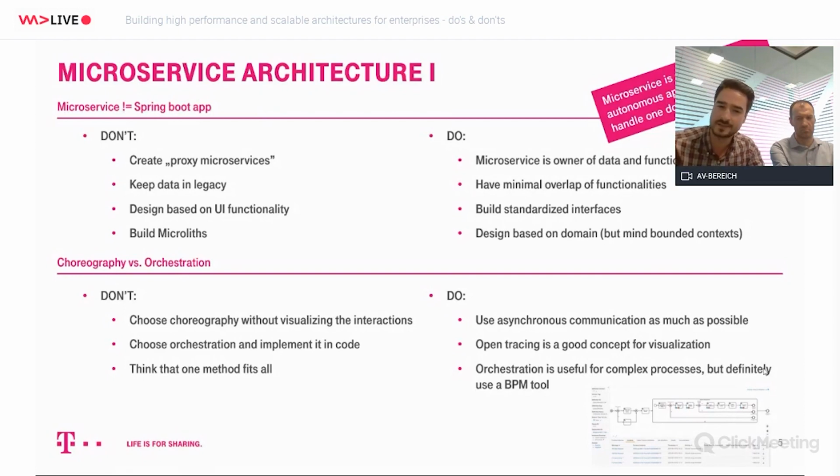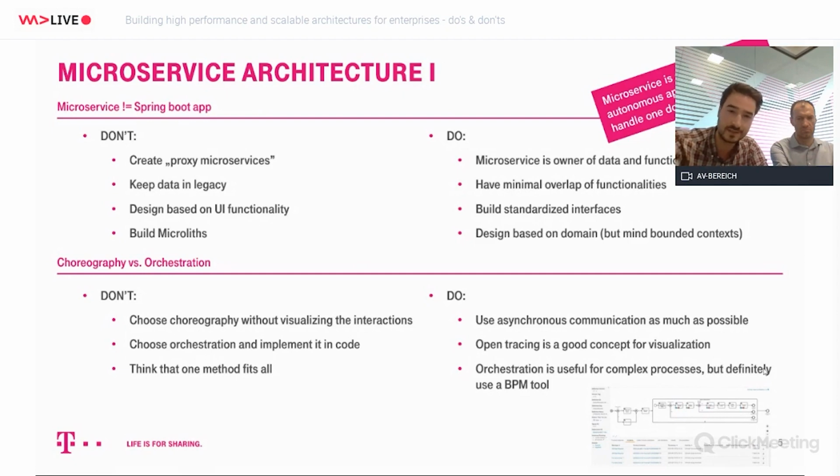All of those can be implemented as different microservices, but when you orchestrate, you're really sure that everything is happening the way that it should. But you shouldn't do orchestration in code because the same as choreography, you won't have any visibility of that. When you do orchestration, my advice is use a BPM tool. You have really good BPM tools on the market that you can use, and the visibility and the control of